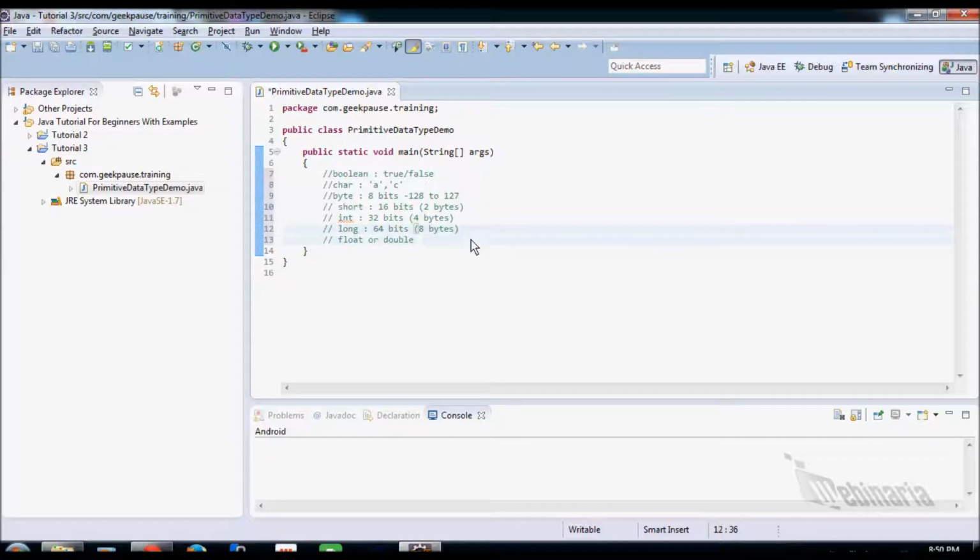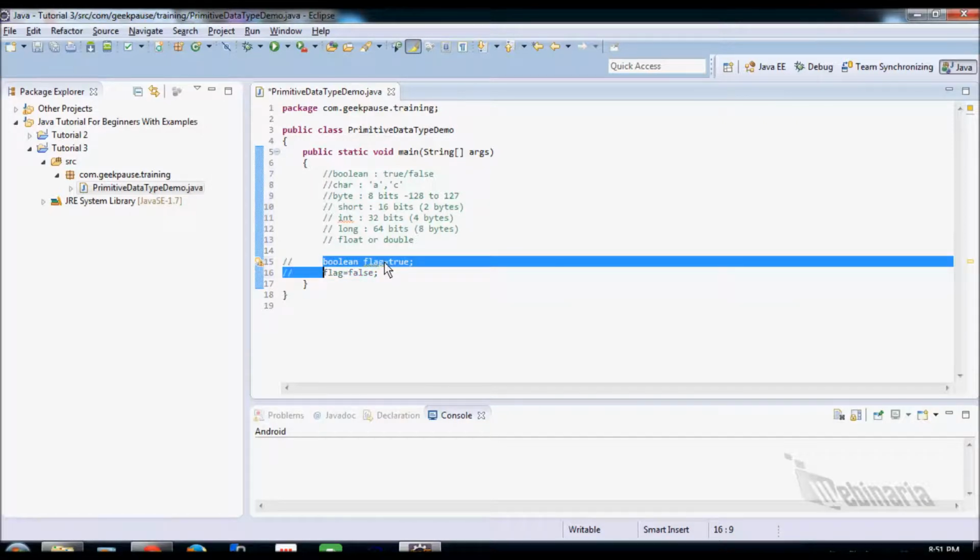So let's begin with an example. Let's create our first variable. Let's start with a boolean. A boolean variable can be defined as boolean. If you see the color has changed, that means it's a reserved keyword by Java and it's a primitive data type. Let's give a variable, say flag, and let's assign it a value, say true. This way we can declare a variable, or we can reassign a value to flag, which will be false. So this is an example of the boolean data type.